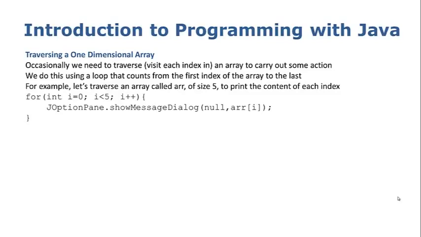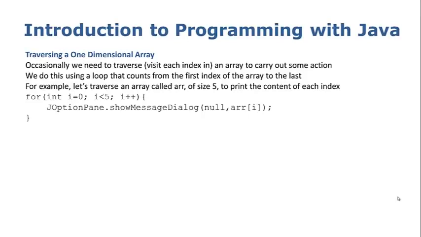We could use any loop, but in this example I've used a for loop. int i = 0, so the counter starts at 0, which also maps well to the fact that the first index in an array is always 0. We continue so long as i is less than 5, and we increase i by 1 to progress from 0 to 5. And then within the loop we simply print